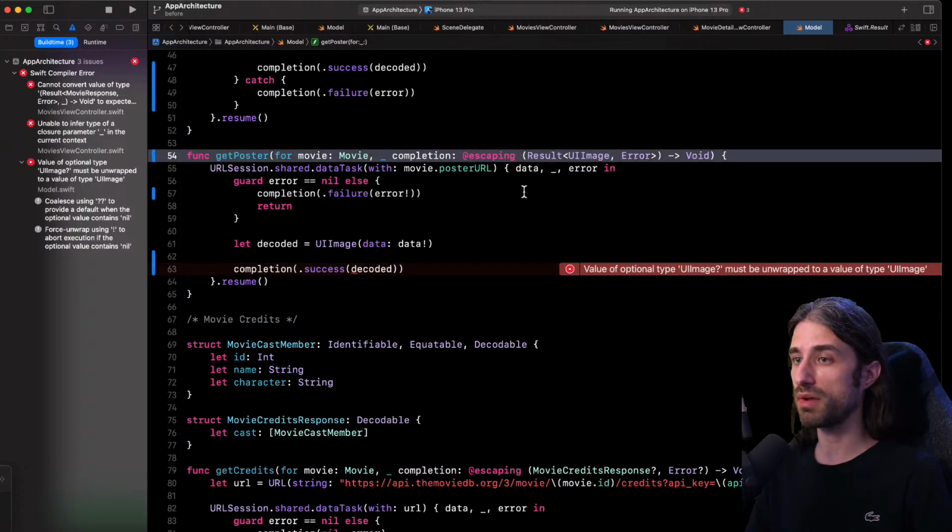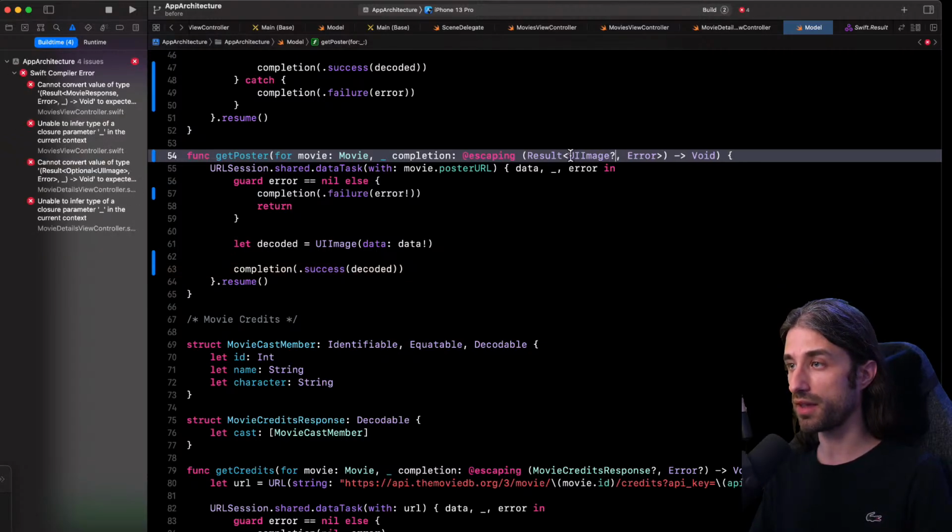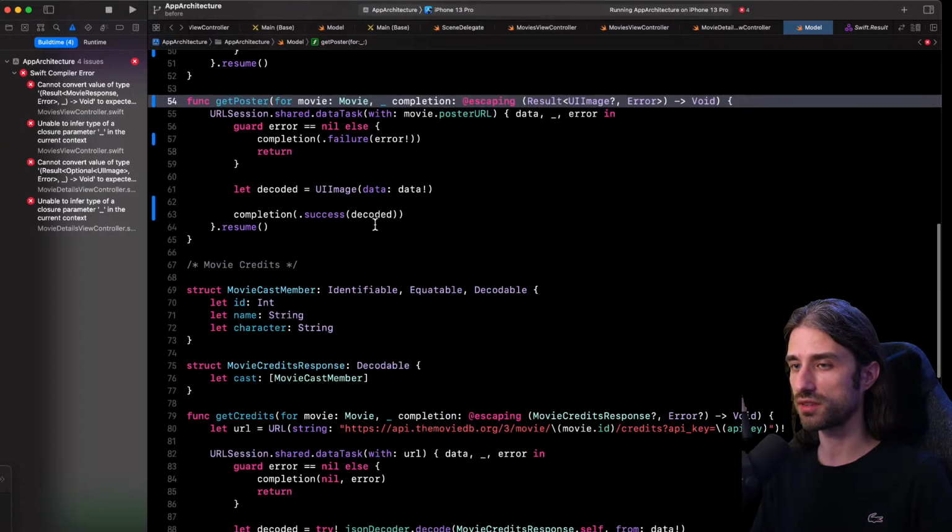And the reason is that indeed here I'm no longer saying I want an optional. But if it makes sense in my case to have an optional image, I can actually do it. So like this, as you can see, I can have optional values for the success case of my result. If it makes sense in the context of my app, I can represent this by using an optional right here. There is nothing preventing me from doing it. So here, it's a question of choice. We could say I could either return an error and then handle it in the UI, or I could return nil. Since the image property of a UIImageView can be nil, I'm just going to return nil for this case. But in an app, you could choose which one makes the most sense depending on your context.